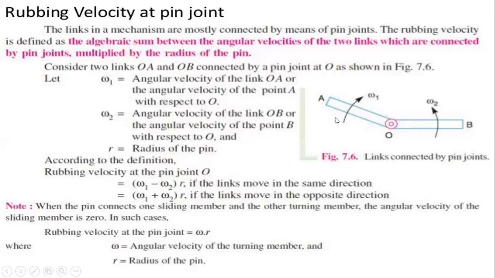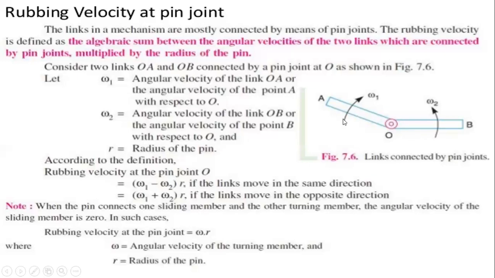I am considering OA and OB, which are connected to the pin joint at O. So this is the pin joint O, and OA and OB are connected to this pin joint, and omega 1 is the angular velocity of the link OA,